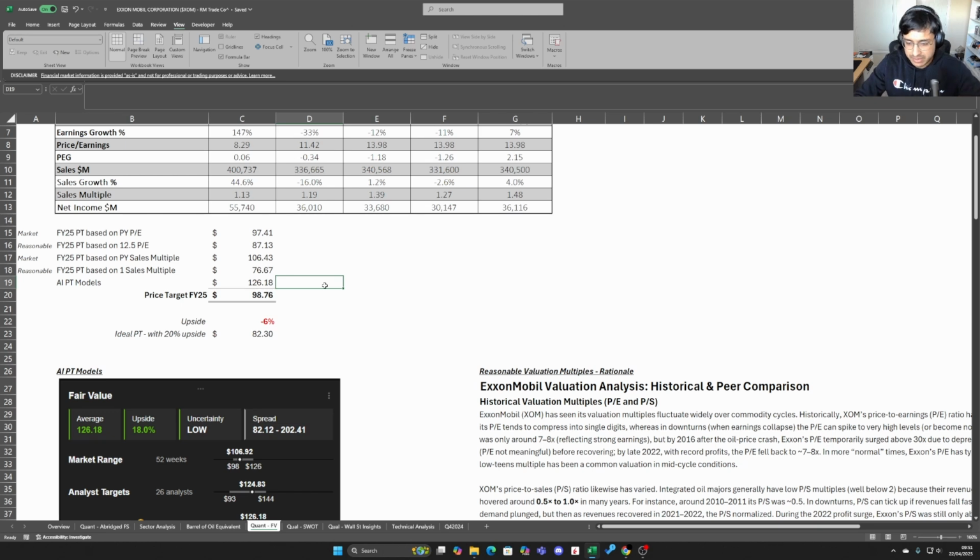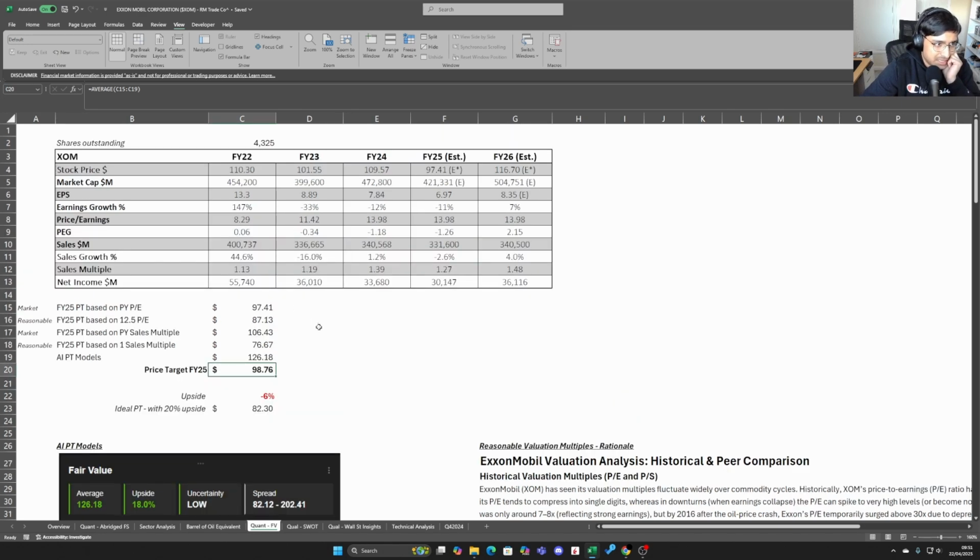Also, given the current macro conditions, where a lot of investment companies and funds are transitioning from high growth tech stocks to more defensive and safe stocks like Exxon and the oil and gas sector, we're not seeing the price come down as much. However, if we do see oil come down quite a bit, then it might create opportunities to get into Exxon as a long-term position. Or if you are quite good at forecasting commodity prices and you foresee that the oil price is going back to maybe 70, 80, then I think Exxon would be a fantastic vehicle to trade that through.